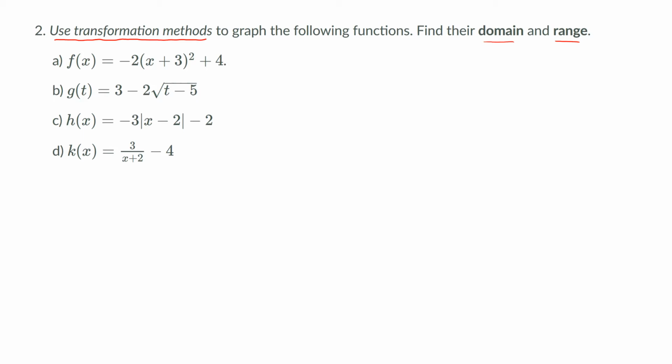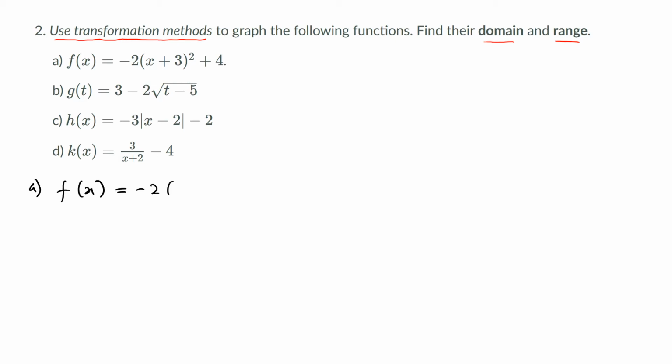So let's go one by one. When you do the transformations, you have to be careful. What we're going to do is start with one of the library functions, or what we call the basic functions or the parent function, and then we're going to grow it step by step. So we always start with the library functions, and we try to introduce transformations one by one. Good. So if you look at the first problem, which is f(x)